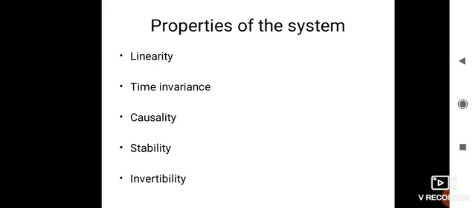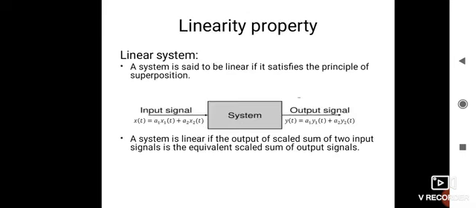Next, the properties of system. The first ones are linearity, time invariance, causality, stability and invertibility. First I am discussing the linearity property. A system is said to be linear if it satisfies the principle of superposition and also the principle of scaling,